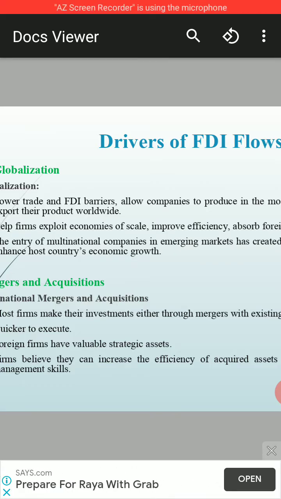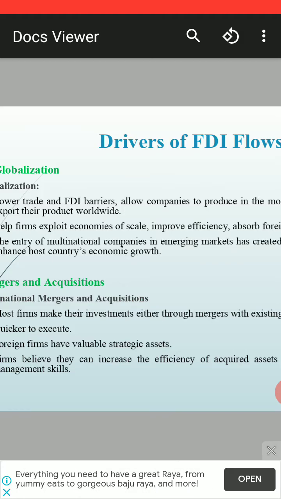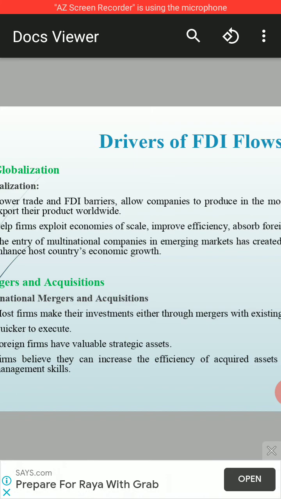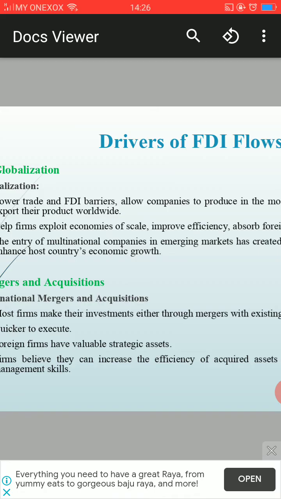Okay, like Malaysia, as we can see, there are many multinational companies that come and operate here. They offer a lot of benefits in terms of employment, and it also helps in improving and enhancing Malaysia's economic growth, because many firms and many countries are aware of the benefit and profit of having operations overseas,